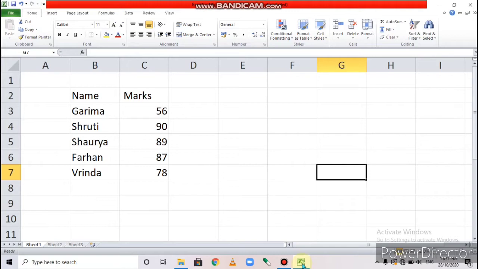For example, you can add new data, you can delete data, and you can change the structure of the worksheet by adding or deleting rows and columns. Understood? In short, editing means to make changes in the existing data.